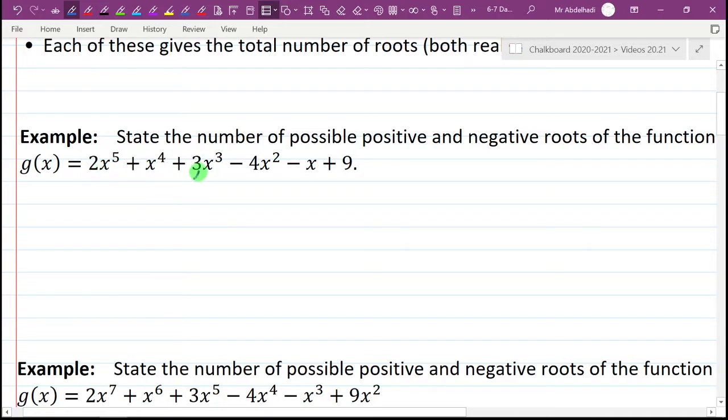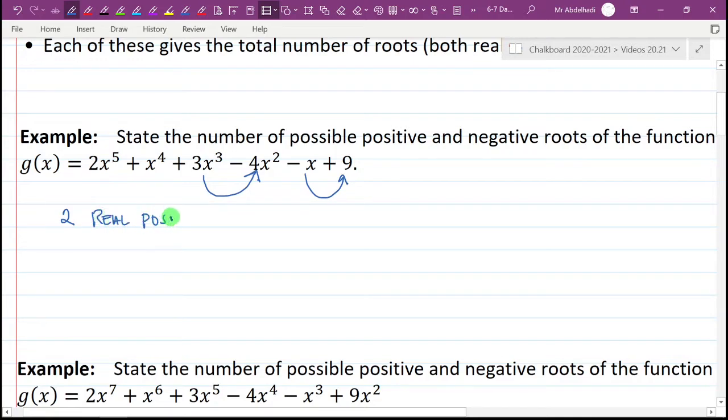This is also positive, no change from here to here. But there is a change in sign from this positive term to this negative term, so that's 1 change in sign. And then from here to here, there's no change in sign. But from here to here, you go from negative to positive, so there's 2 sign changes. And that means, according to Descartes' rule of signs, that there are up to, not definitely 2, but up to 2 real